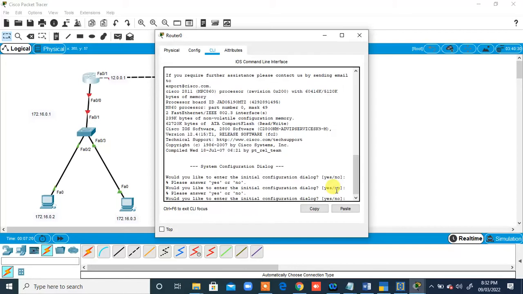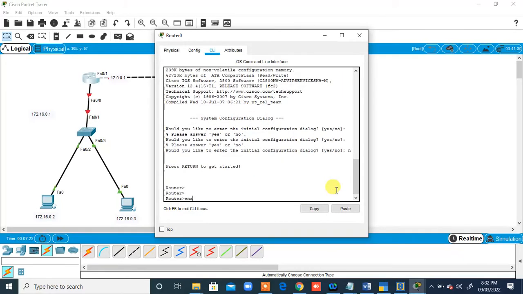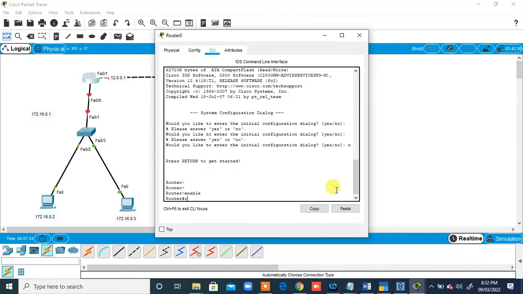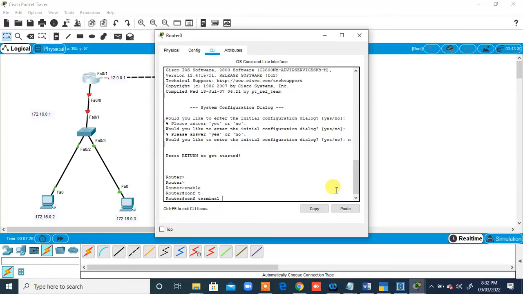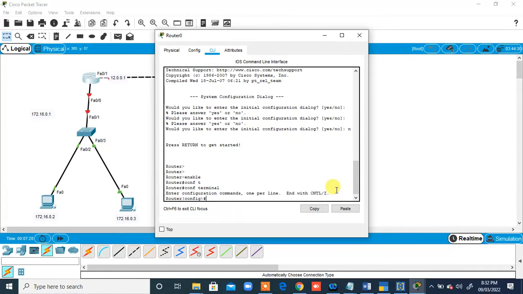Here I am just going to say no. I will first enable the router. I'll go to the configuration mode, right? Now what we are going to do, we are just going to assign the IP address to this interface FA0/0, and this IP is going to act as a gateway for my end devices, right? So let me just go to my interface,